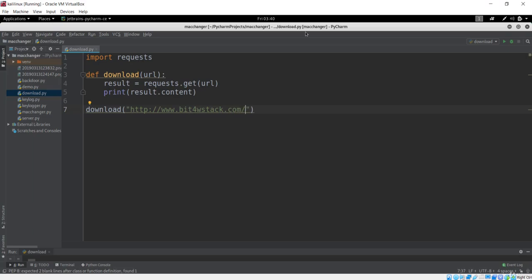I'm just taking an example. Let's say this is a keylogger that is sent for the user to download, and this is the process to download.